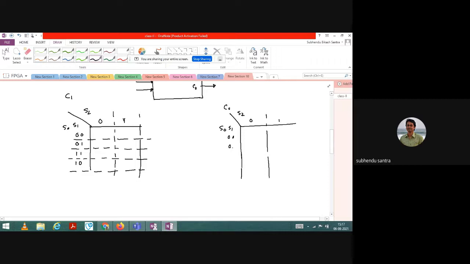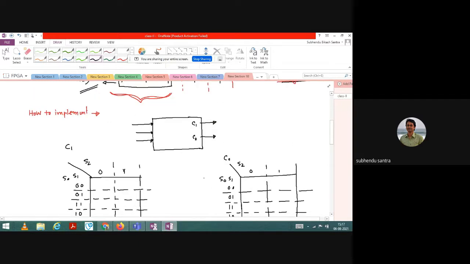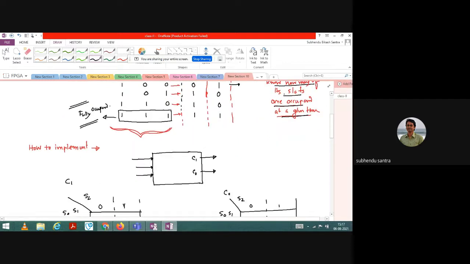If you are thinking of implementing the same thing using digital circuit knowledge, then you only need to fill this box and prepare a function for C1 and a function for C0 as well. So let us do that. So C1, and here is your input: S2, S1 and S0.